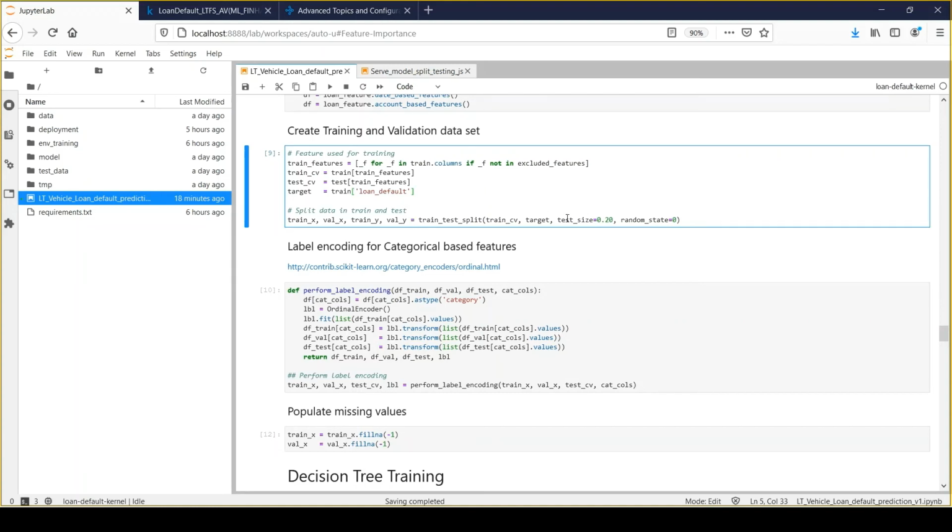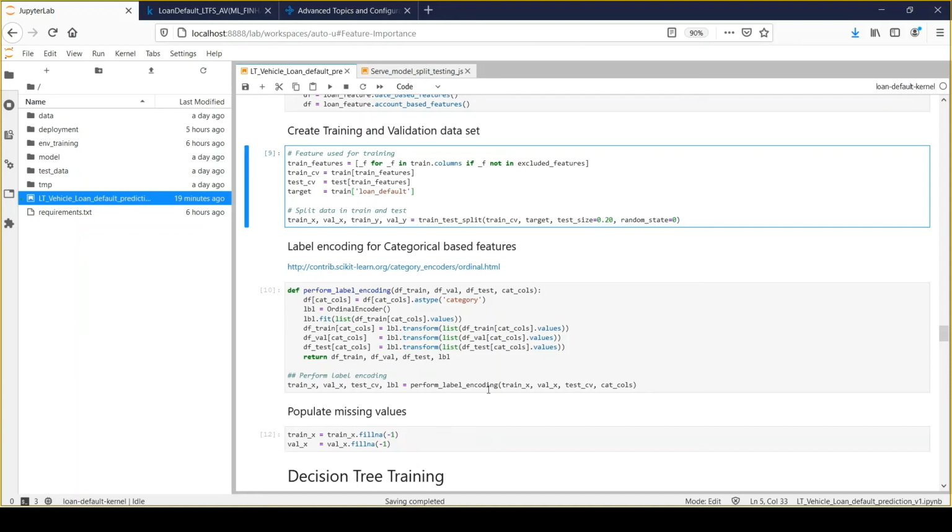So after train test split, we'll perform label encoding. And an important thing to note here is that label encoding would only be done based on your training data. You will not include your validation data or test data for any sort of label encoding. So perform label encoding or any encoding only based on training data.